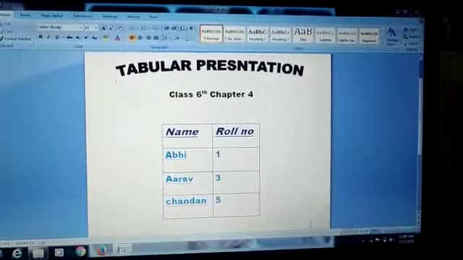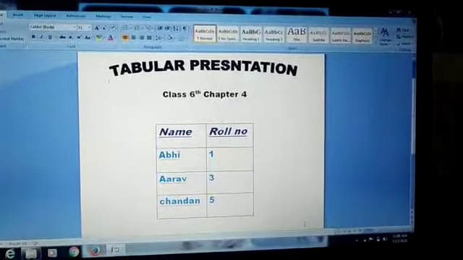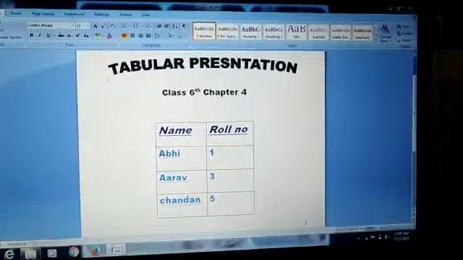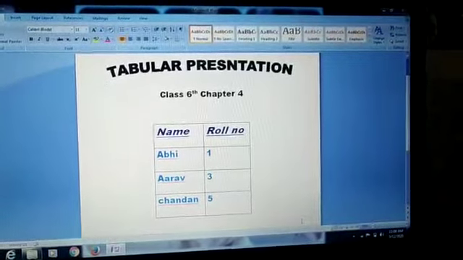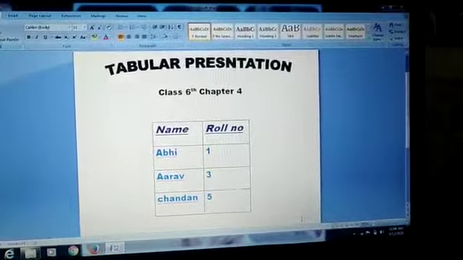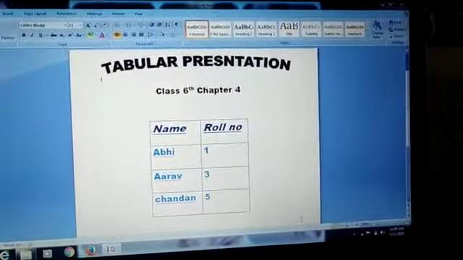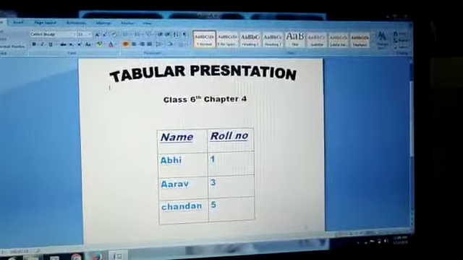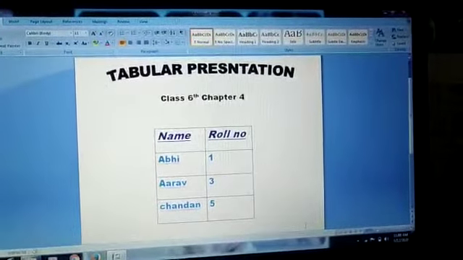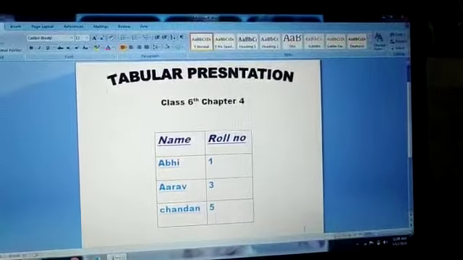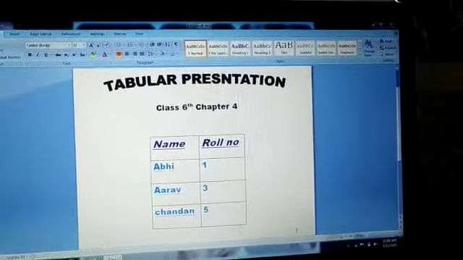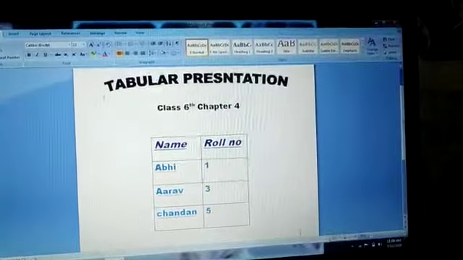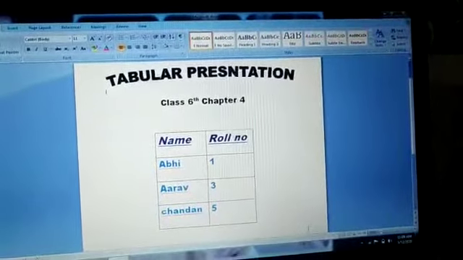Today we will cover page number 38 to 41 of chapter number 4, Word Processor. First we will do page number 38, changing height of a row and changing width of a column. You can change the height of rows to accommodate your table information. The meaning of accommodate is to provide sufficient space to your table information.